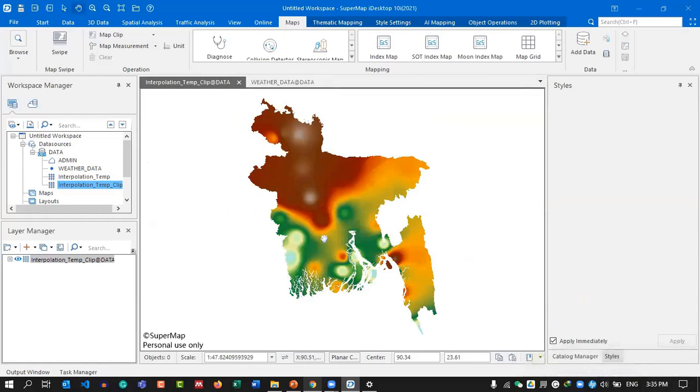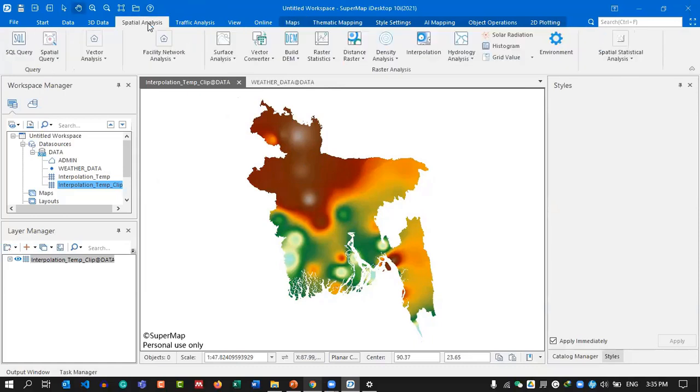So now what we will do, we'll create ISO region using this dataset. ISO region is actually the vector format, so we will export this vector data to a shape file to upload it to our server. Okay. To create ISO region using this interpolation temperature clip dataset, we need to go to spatial analysis,